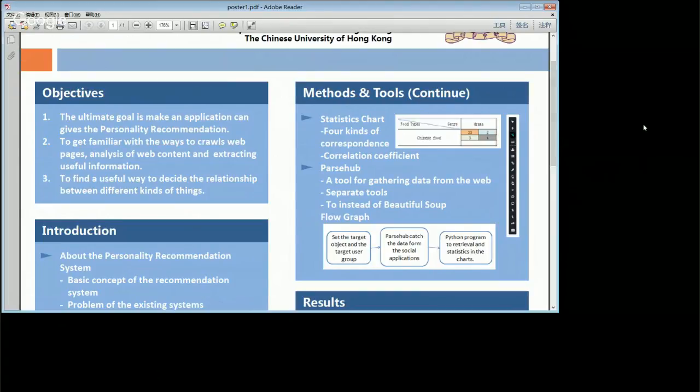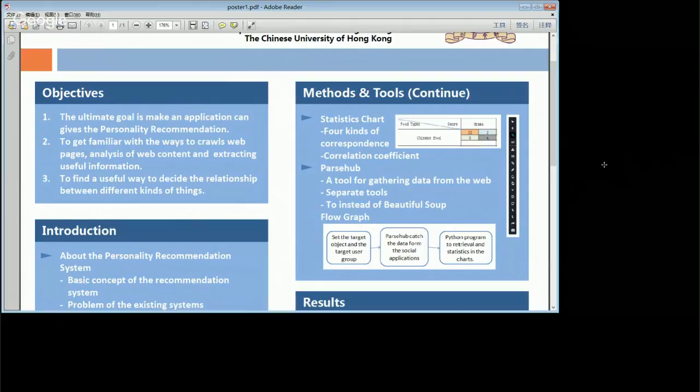I just use a little part of the Excel to explain which kinds of data I should collect. Here is a kind of movie named Drama, and here is a kind of Chinese food. And the red part is the number of users who like both of these two kinds of things.